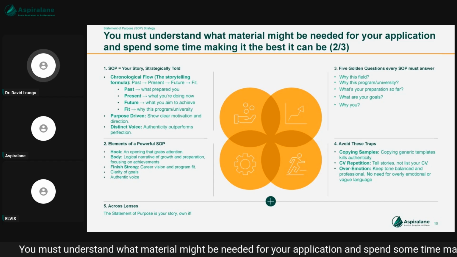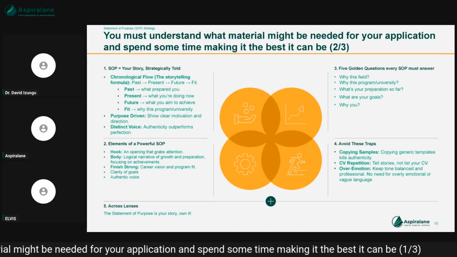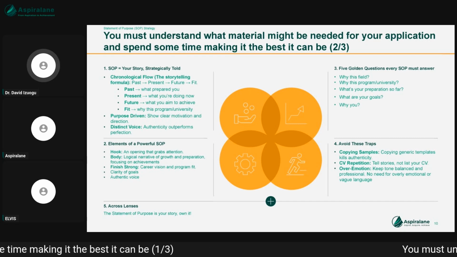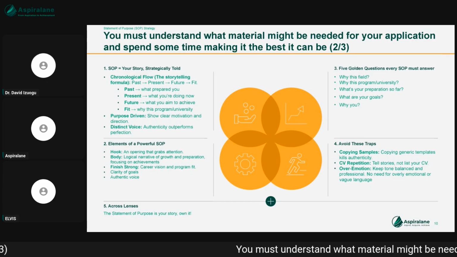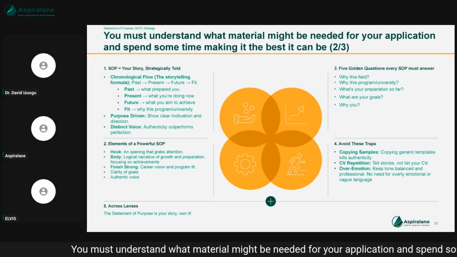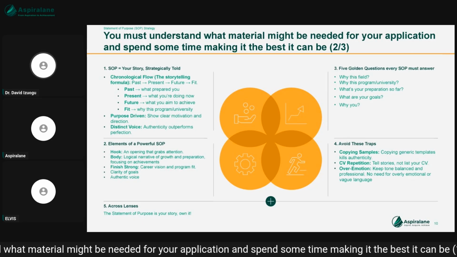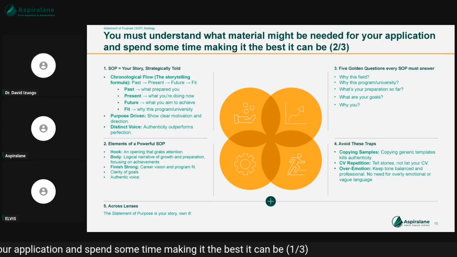If graduate schools wanted you to repeat your CV in your SOP, no one would ask you to submit an SOP. They'd just use your CV. But that doesn't mean that 100% of what you say in your SOP can't touch anything in your CV. I'm speaking from experience: in the early days of my career, when I first heard about this, it got me a little bit confused.